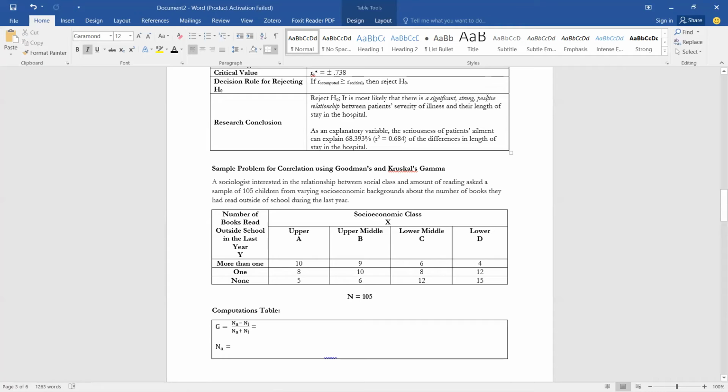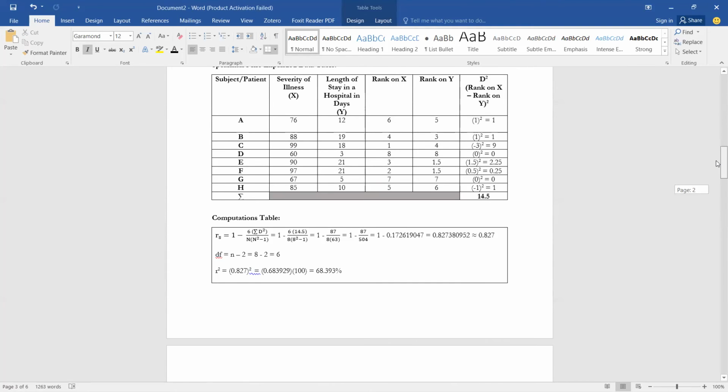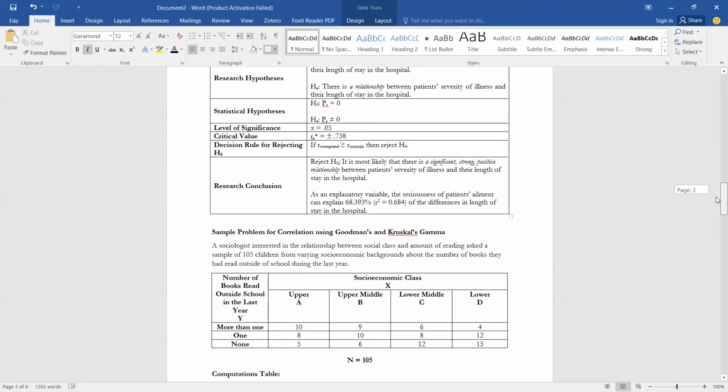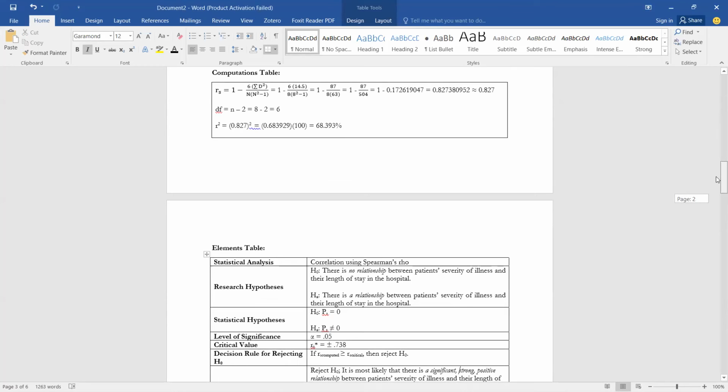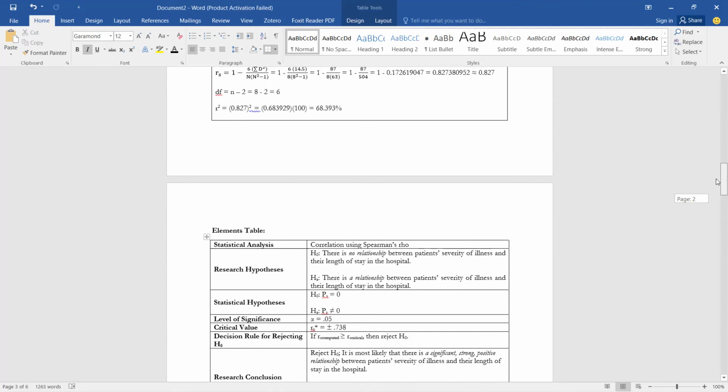So it's a significant, strong, positive relationship between patient's seriousness of their ailment and their length of stay in the hospital. Now we like explaining what the coefficient of determination is. We say that as an explanatory variable, the seriousness of a patient's ailment can explain about 68.393%, or R squared is equal to 0.684,